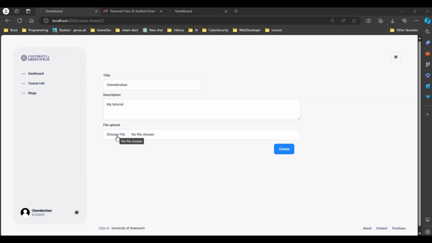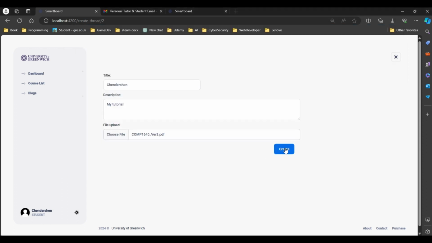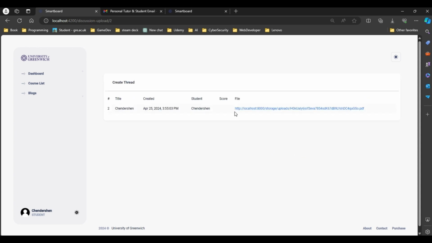So in here, the file upload, students can only upload their Word file or PDF file. This is the only option. So they will choose either a PDF or Word file, which is their submission, and then they will click on the create button. After that, it will say create thread successfully, and it will redirect them to this page, the discussion upload